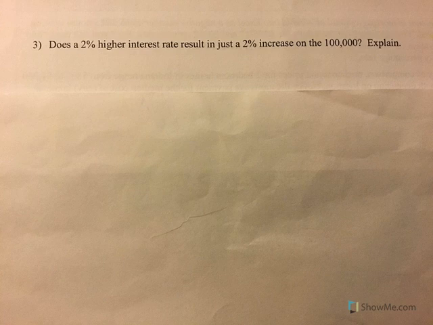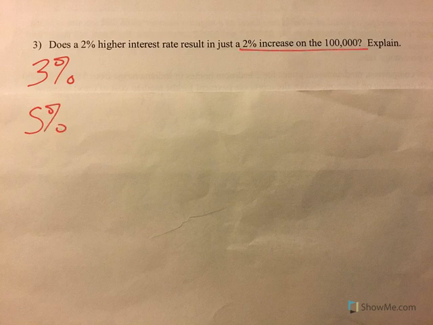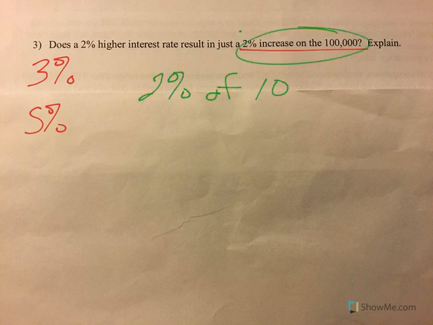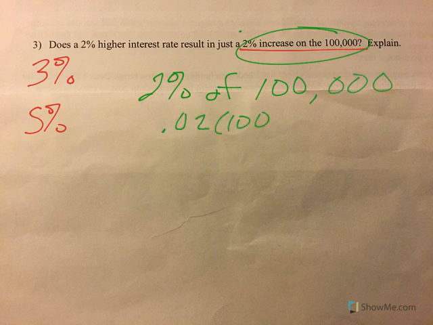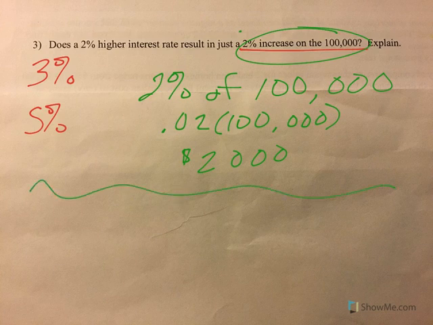So we had a 2% higher interest rate, right? 3% to 5% is what we're talking about. Does that result in just a 2% increase on the $100,000? Well, think about what 2% of $100,000 means. If we talk 2% of $100,000, that's 0.02 times $100,000. That's just $2,000. So if this was a 2% increase, it would have only gone up 2%. But it didn't, right? The increase was